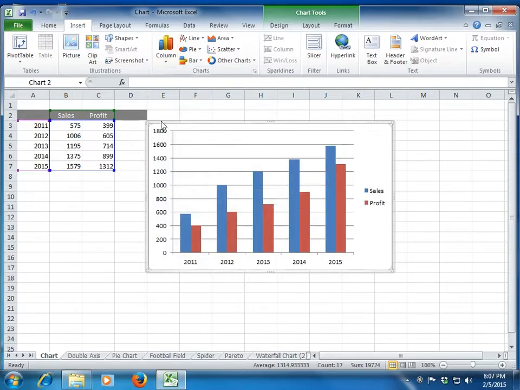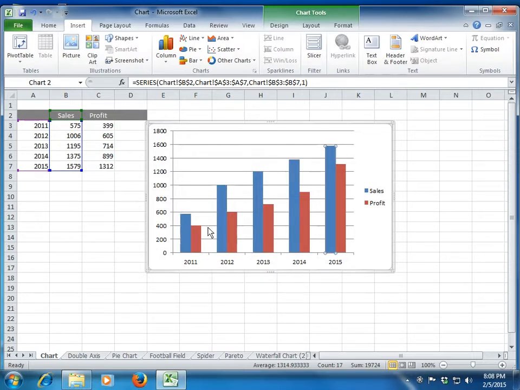Second thing, let me explain the various parts of this chart. This segment where you have the values, the names of the values listed, is called the legend. We'll see how to customize or format the legend. These are called the grid lines, the horizontal grid lines. This is called the data series; each of these is a data series. This is your x-axis, this is your y-axis.